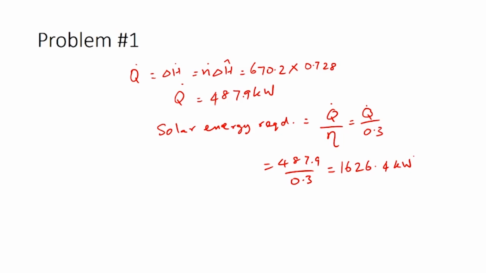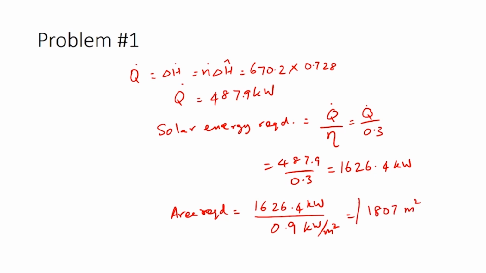So, which means we can use this total solar energy required to calculate the area of the solar panels required. So, area required would be equal to the amount of solar energy required, which is 1626.4 kilowatts, divided by 0.9 kilowatts per meter squared. This would give us the area required as